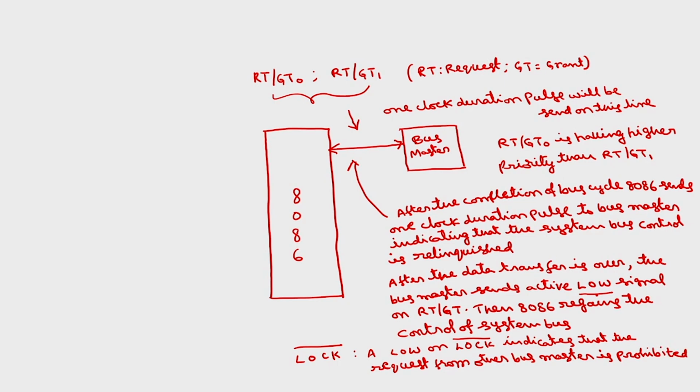Already, the 8086 is processing the request of one bus master. At that time, if another bus master requests the system bus, it simply places an active low signal on the LOCK bar signal, indicating to the second bus master that the request is prohibited until the service of the first bus master. Once the first bus master uses the system bus and, after the data transfer, gives the control back to the 8086, the LOCK bar signal will be high, so that the second bus master can request the same system bus. So these are the three signals, RQ/GT0, RQ/GT1 and LOCK bar,